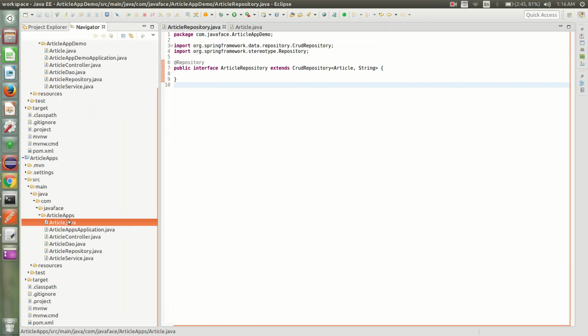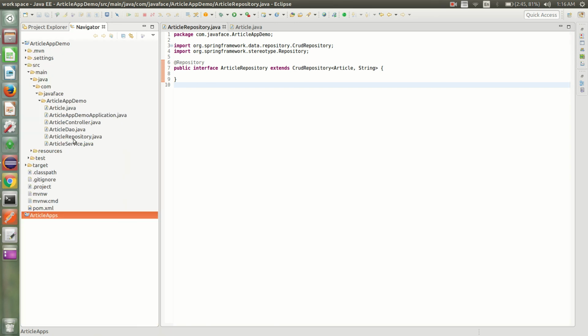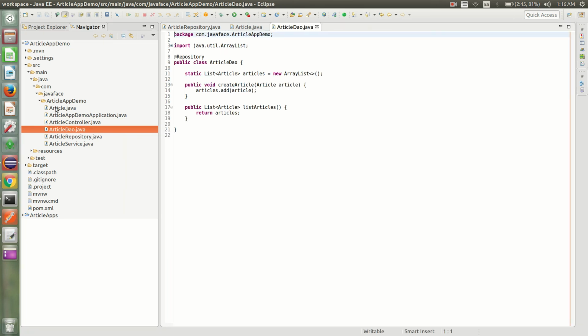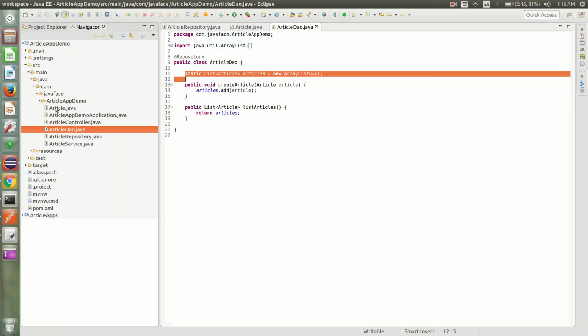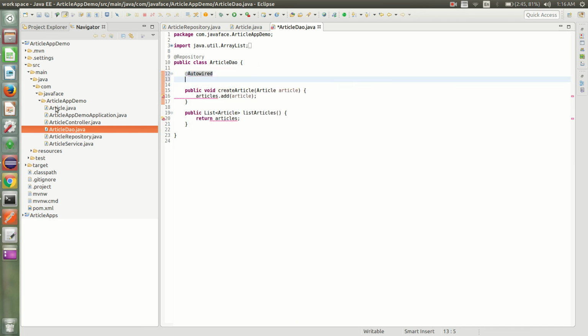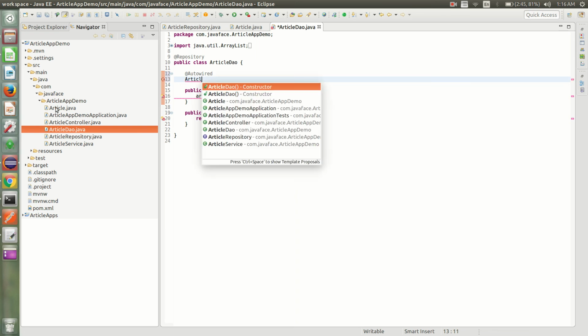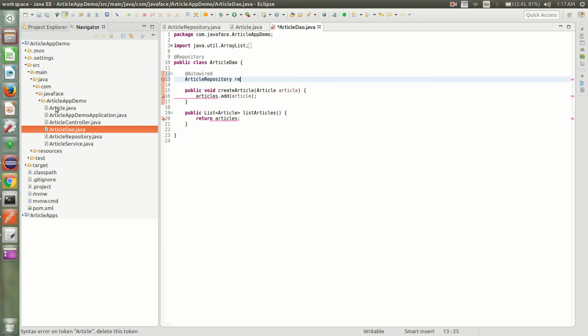Just go here and go to the DAO layer. Instead of storing this one, remove it and do autowiring for the repository. Means ArticleRepository repo, I will call this one. And there are some default methods which are provided by the JPA framework. Save your article,